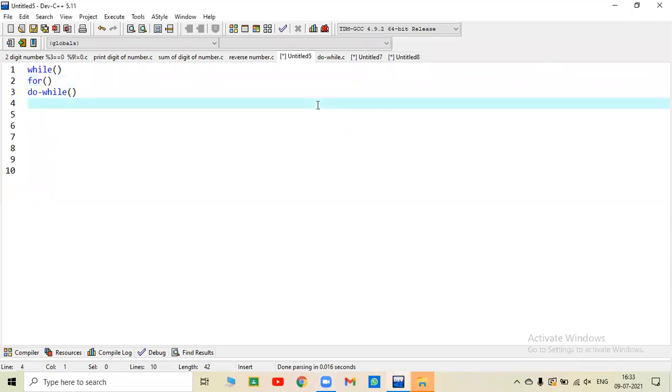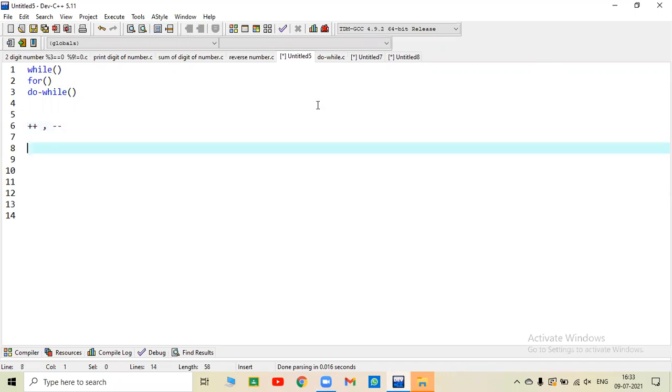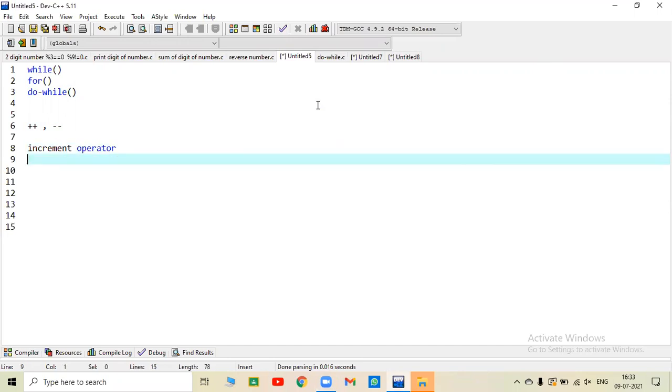Now before going to for loop, I want to tell you about two operators, that is the plus plus operator and the minus minus operator. So basically the plus plus operator is called the increment operator and minus minus is called the decrement operator.